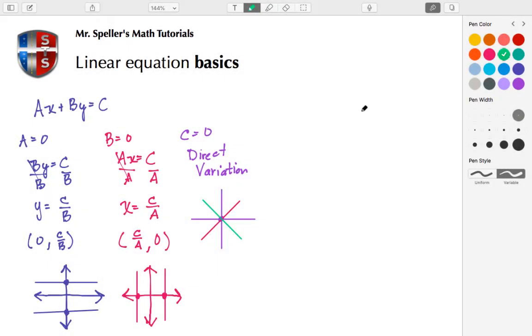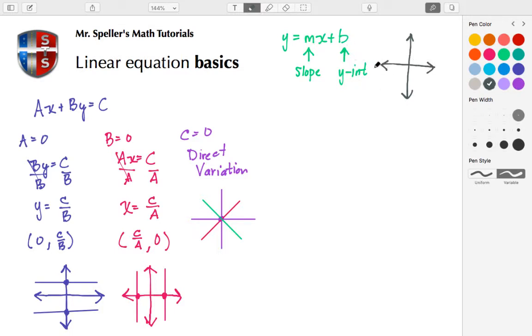All right, now we're going to start looking at the equation for the slope-intercept form. That equation is y is equal to mx plus b. Here we see the letter m, that stands for the slope. And we have the letter b, and that stands for the y-intercept. Now, if I were to draw in the coordinate plane to see what that looks like, let's just draw this here, our y-axis, and here's our x-axis.